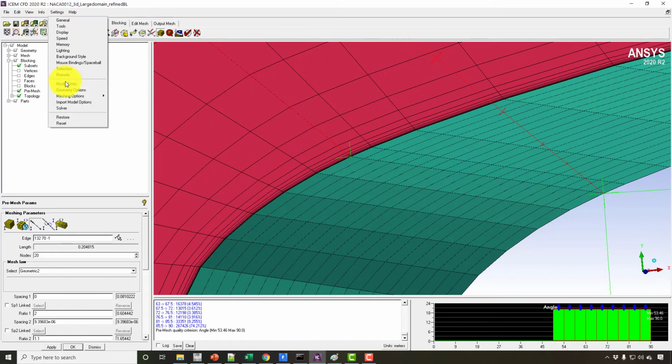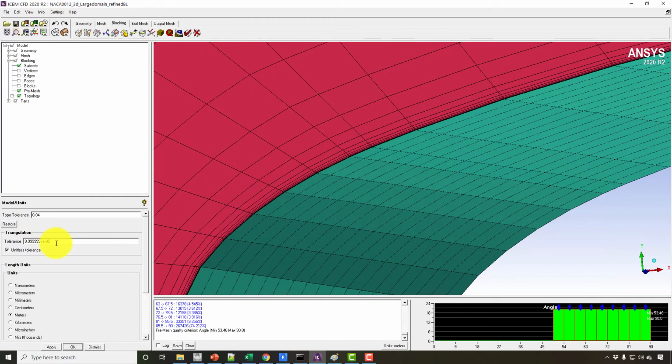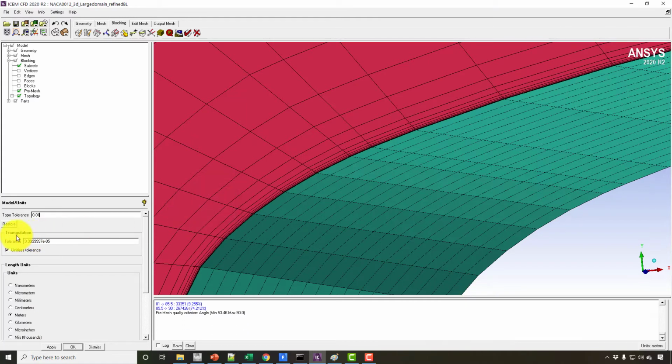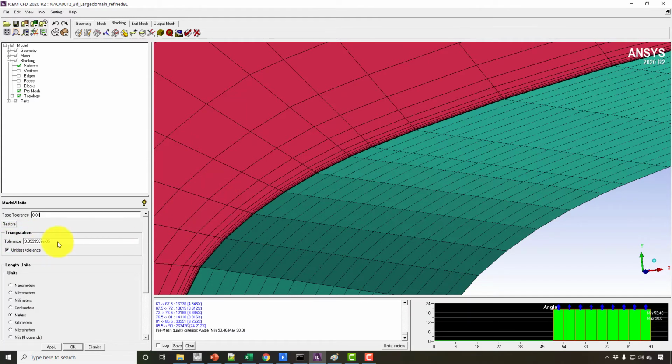And also I think we should increase the tolerance, which is already increased. So let's make it 0.01, and the tolerance is already increased to -5. The default is -3.